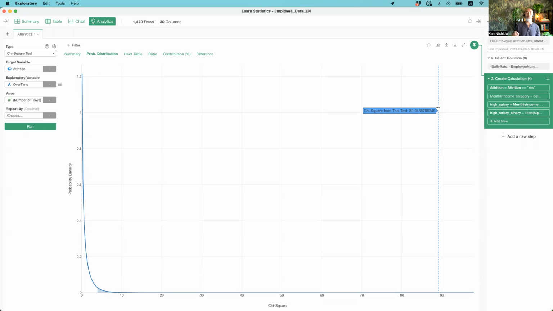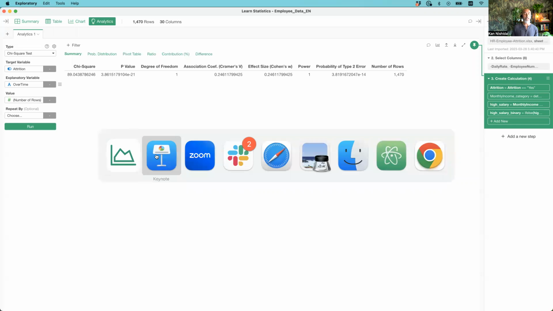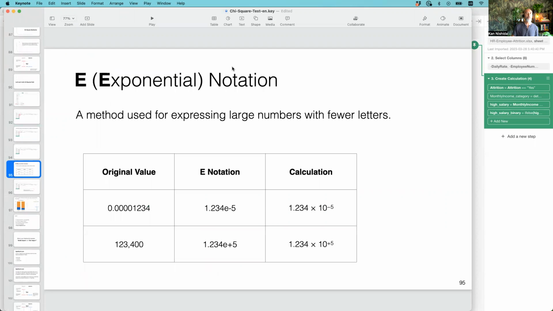And now the question is, what's the probability of getting this value? And that is here, the p-value. The p-value says 3.86 blah blah blah. So is that 386%? Actually no. Here it says E minus 21. And that's a kind of weird symbol if you're not familiar with it. That's called some